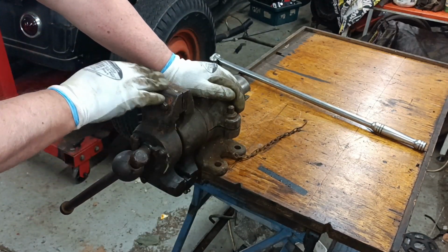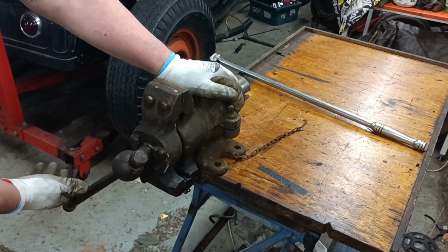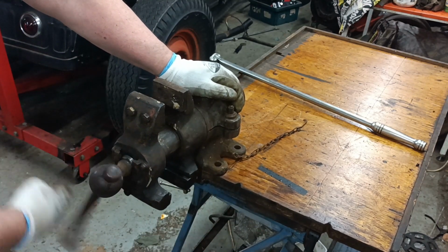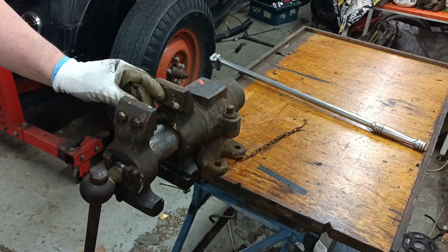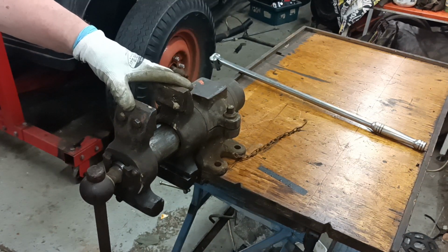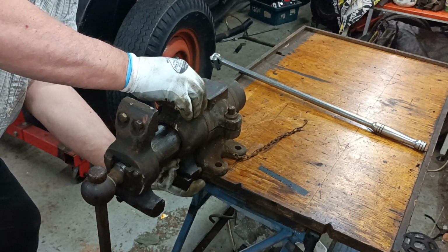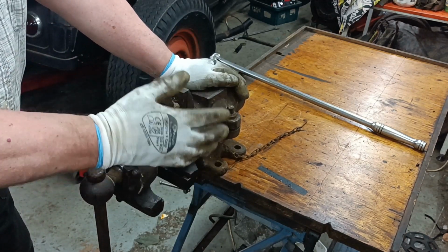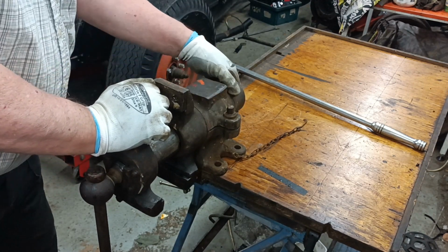So there you can see the pipe jaws there. There's a pair of pipe jaws there, and they've got a little radius to them. But it's quite handy for holding things. I've already held a gearbox output flange in there to undo the nut, which is quite helpful. But if you can't turn it easily, I'd like to be able to turn it easily, so that's number one job. Now,